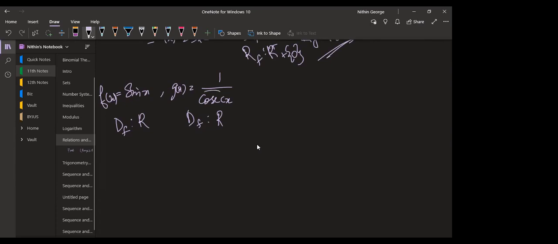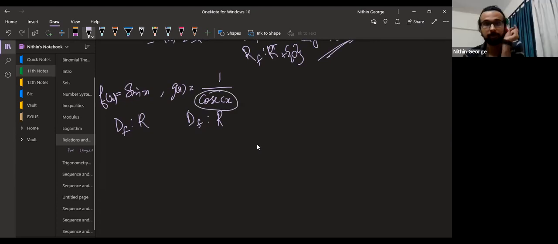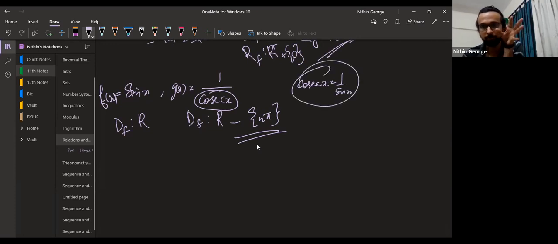But remember, cosec x has to be defined at each point. At n pi, cosec x will not be defined. Don't forget. All right. N pi is what? Wherever sine becomes 0. So cosec x is 1 by sine x. We know this from before. Now, if sine x becomes 0, what is the issue? Cosec x will not be defined. All right. So for 1 by cosec x, you write it as sine x.